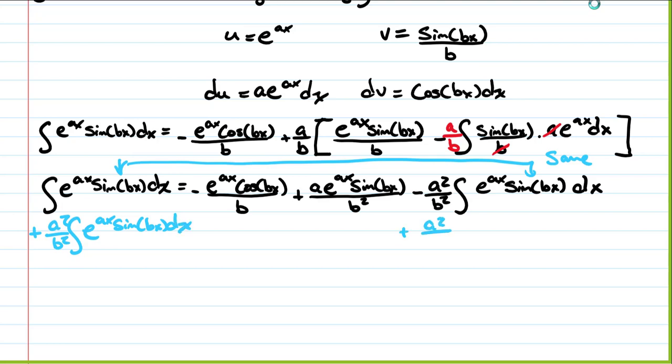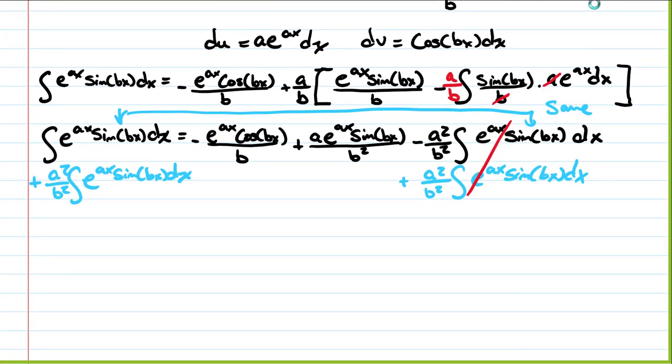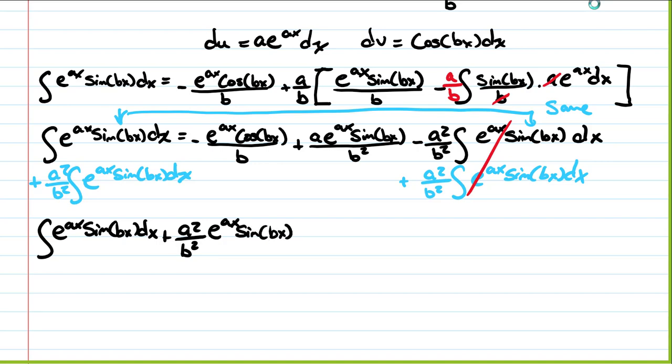And when I do, on the right-hand side, they are equal but opposite, so they reduce out. And on the left-hand side, that leaves me with the integral of e to the ax sine bx dx plus a squared over b squared, e to the ax sine bx dx